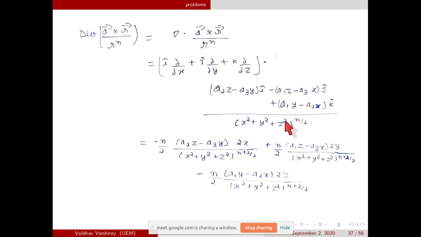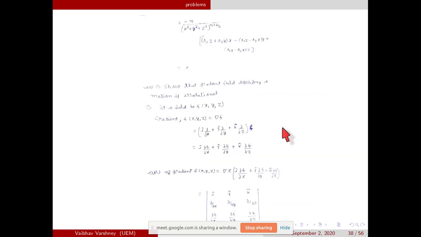You are getting the right answer because its answer is 0, but it's not necessary. We are getting 0 after adding all the three terms, but you cannot put 0 directly. If you put 0 directly, maybe the teacher will give you some marks because your answer is right, but the middle steps are wrong, so you will not get full marks. If this question is of 3 marks, you will get either 1 or 1.5. Now understood?